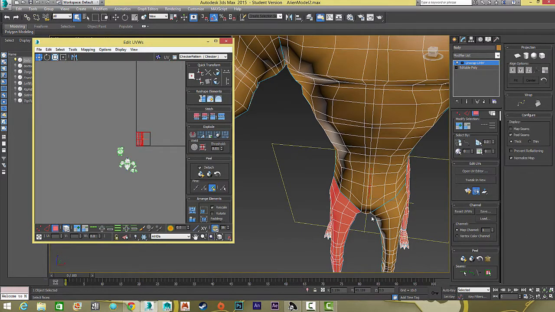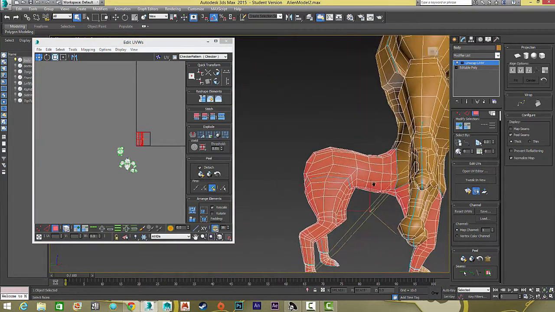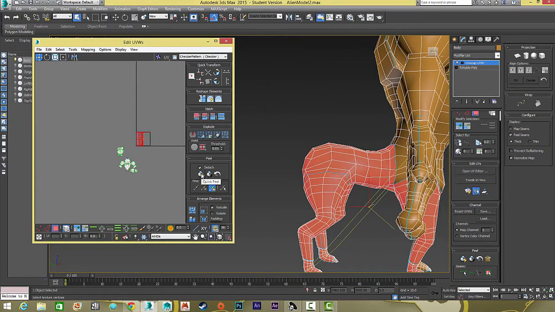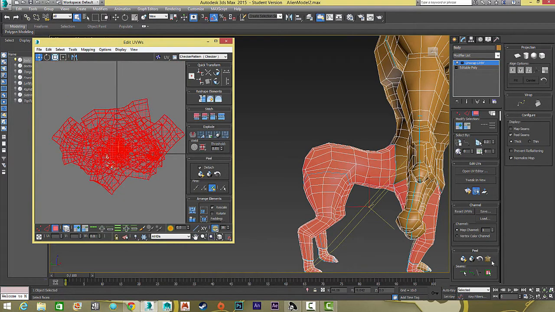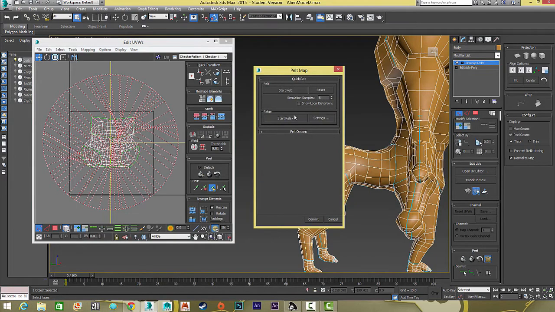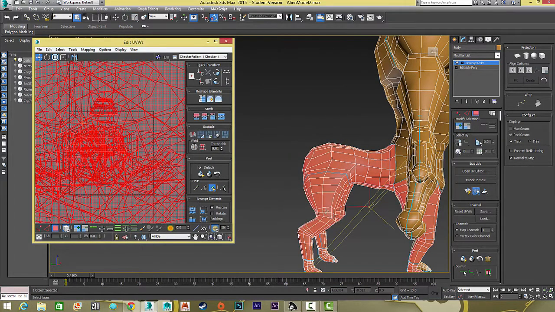Okay, what I want to show you was the quick peel mode. So here's where the peel buttons come into play. So after I set up all my seams, what I can do is use the quick peel button. And not the peel mode, but the quick peel button. And as long as your seams are set up correctly, it's going to unwrap as well as relax at the same time. So what if I just use the pelt tool, and if I do start, pelt, and relax, that's going to take time, especially if we have small objects. So what I do instead is